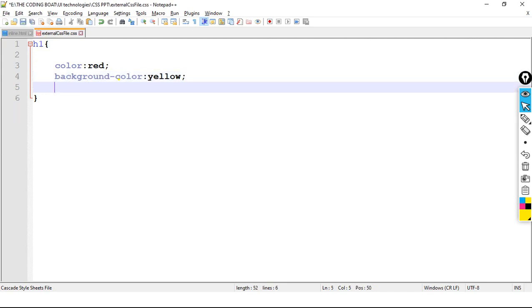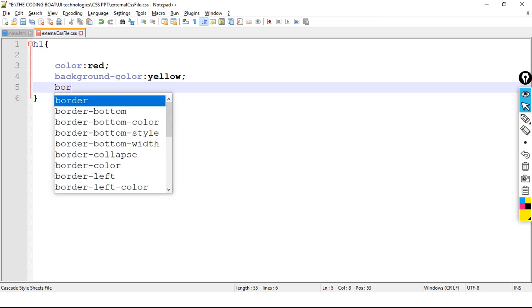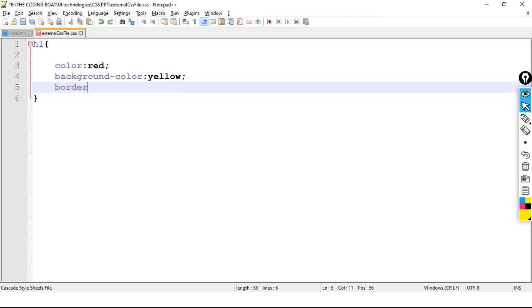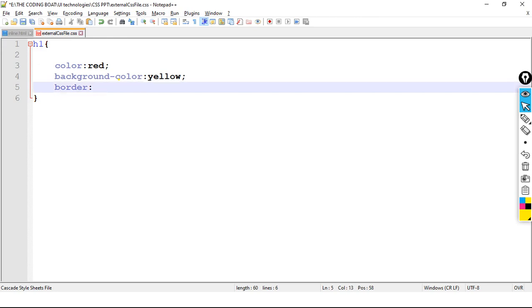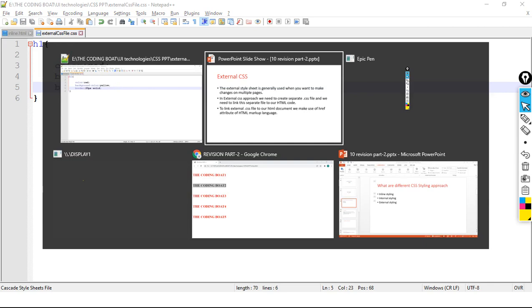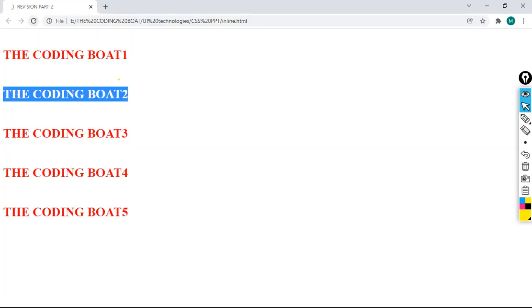Let me take one more attribute, border colon solid and semicolon. Let's check the output, refresh.